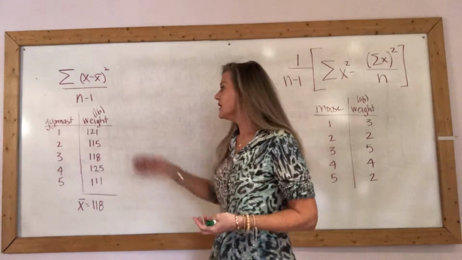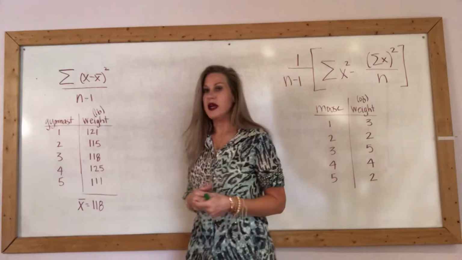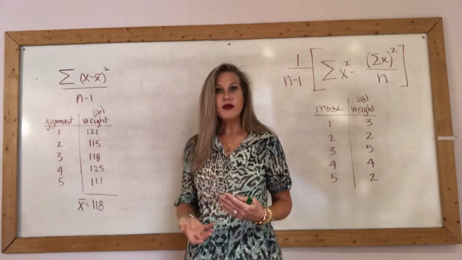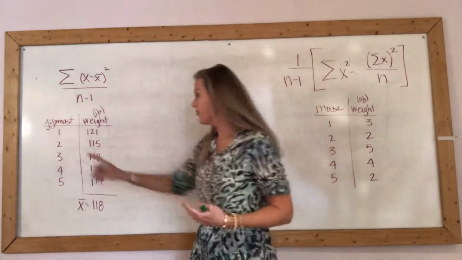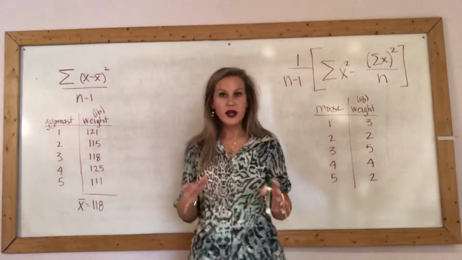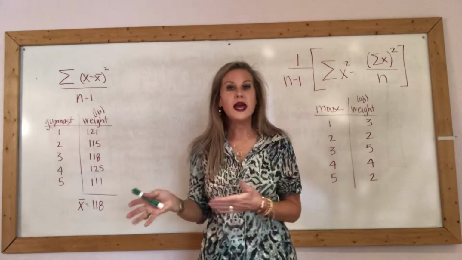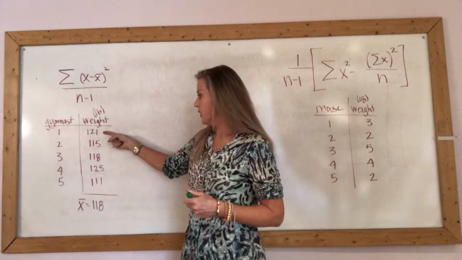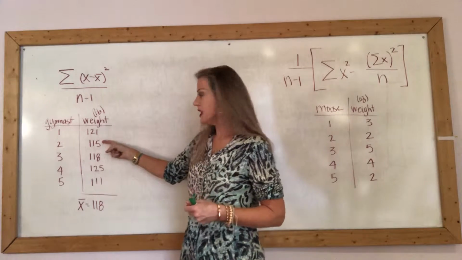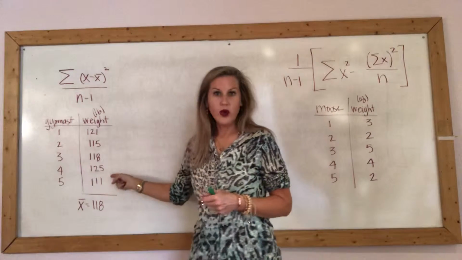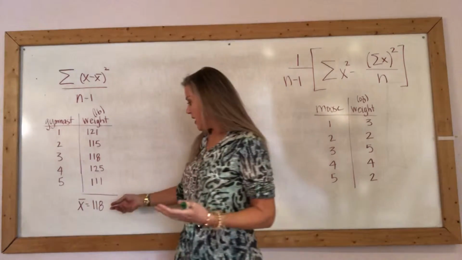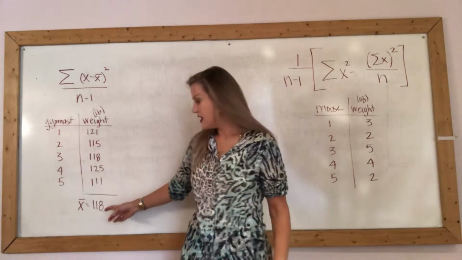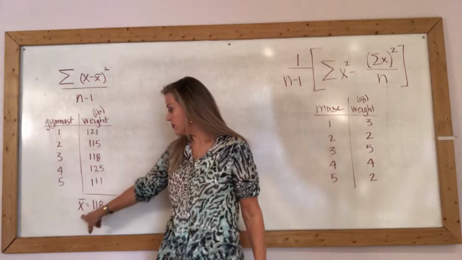So let's say that I go to a team of female gymnasts, and I'm going to take a sample of those gymnasts. I'm going to pick 5 of them. I'm going to randomly sample them, and I'm going to weigh each one of them. So gymnast number 1 weighs 121, gymnast number 2 weighs 115. So I record all of their weights, and my handy dandy neighborhood statistician has already calculated their sample mean weight,